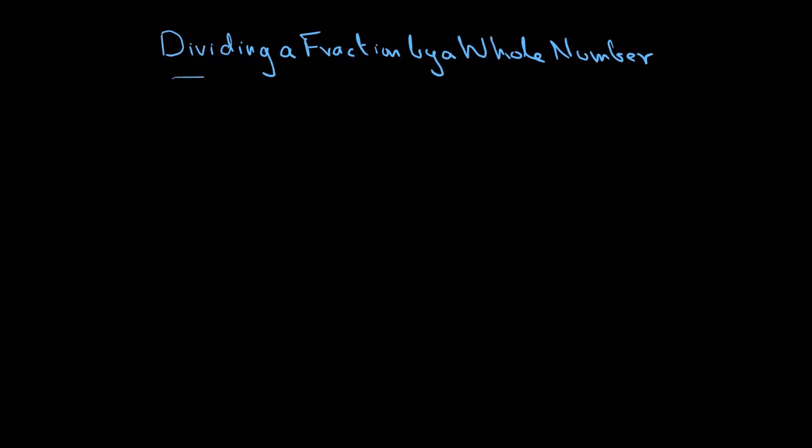So now let's learn how to divide a fraction by a whole number. We know how to multiply two fractions, but now let's think about dividing a fraction by a whole number. This seems fairly natural. Let's say some kids came around and ate one third of a pie,